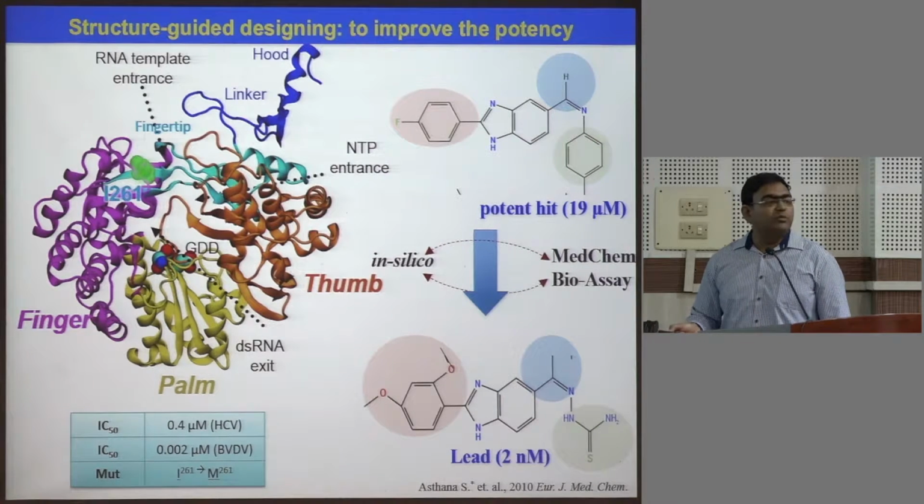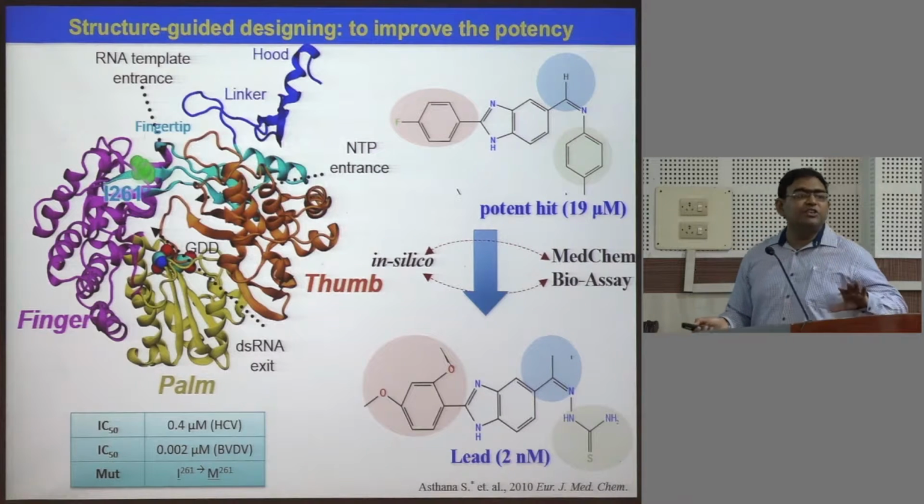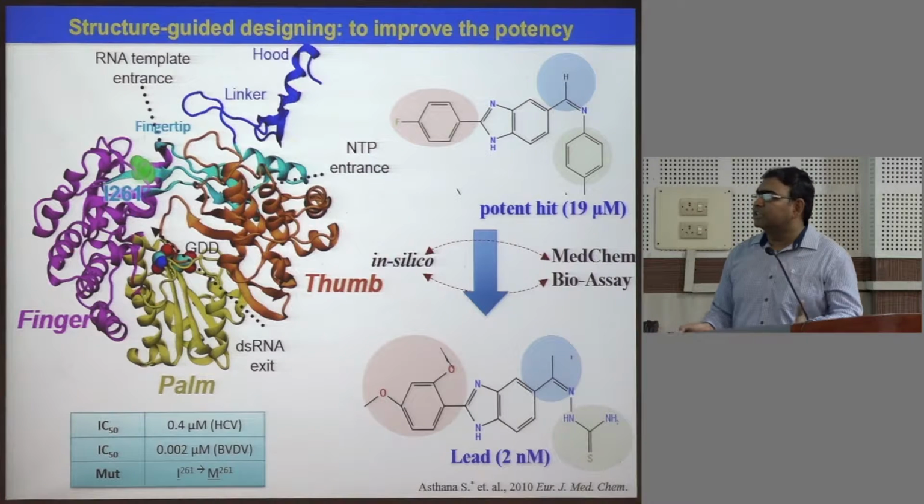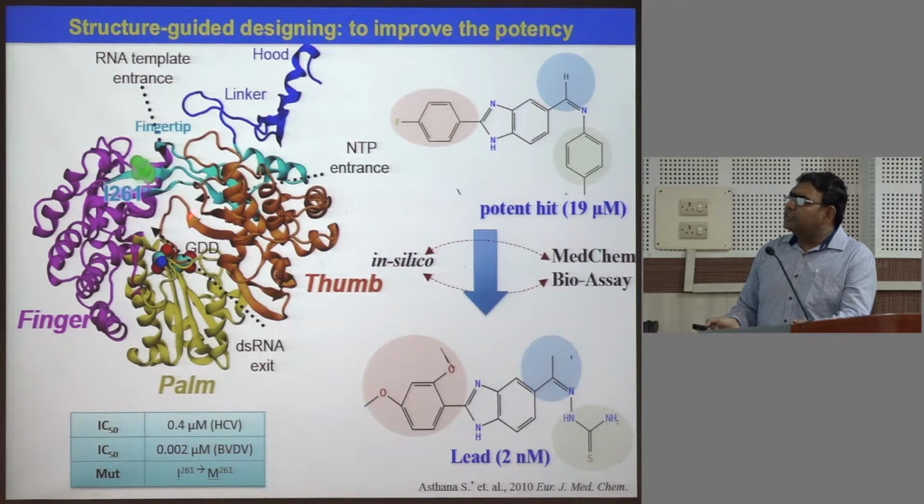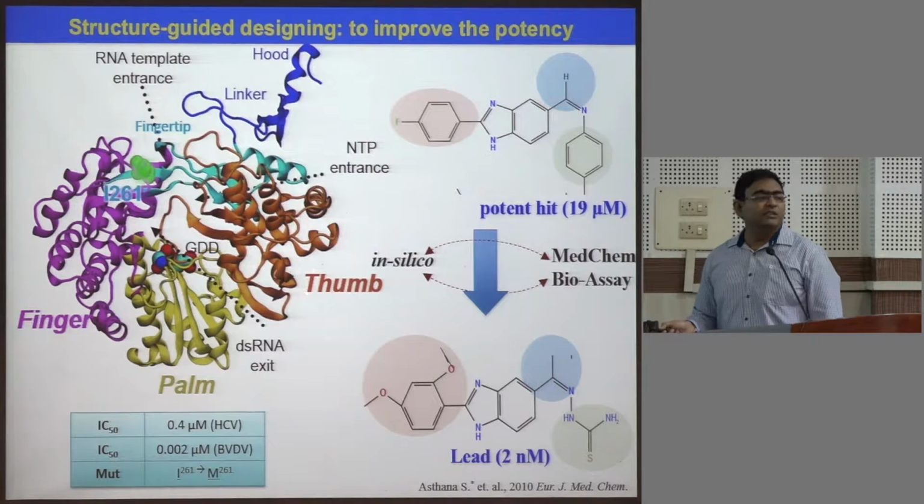For them, it is very important to investigate why this virus is so lethal for cows and cattle. If this infection happens, the cattle die within a few months or a few days, depending on the severity of the infection. So they wanted to design a small potent molecule. We had a team of chemists, biologists, and computational scientists who designed a molecule taking this crystal structure as a target. We designed a molecule which is active at 19 micromolar. This is not going to do much, even though it has all the drug-like properties, and the team wanted to develop